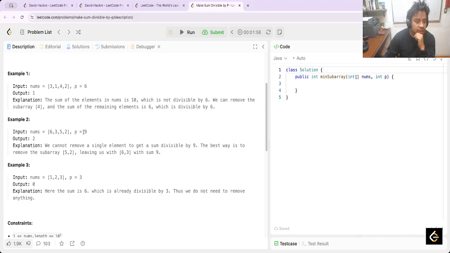Now here p is 9. I think that we need to remove this. We cannot remove a single element to get the sum divisible by 9, because the sum is 9, 14, 16. The best way is to remove the subarray 5 and 2, which leaves us with 6 and 3, and the sum of these values is 9, and 9 is divisible by 9. Now the next is 1, 2, 3. Well, it's okay because the sum